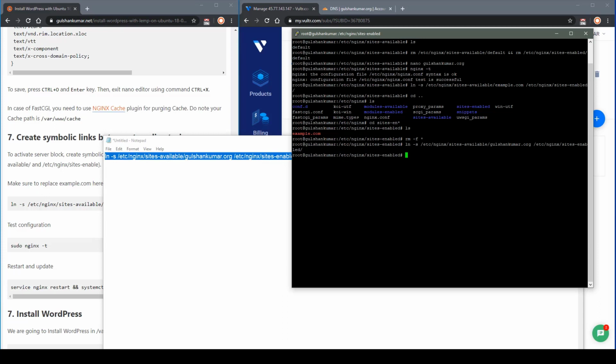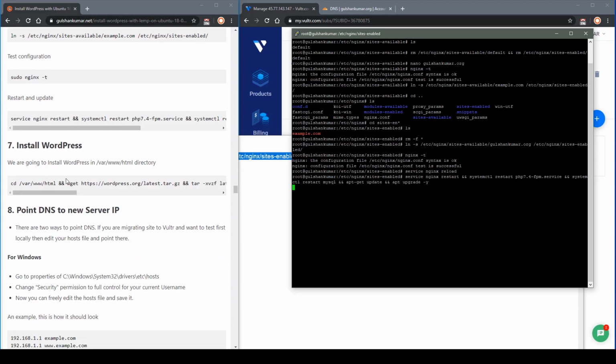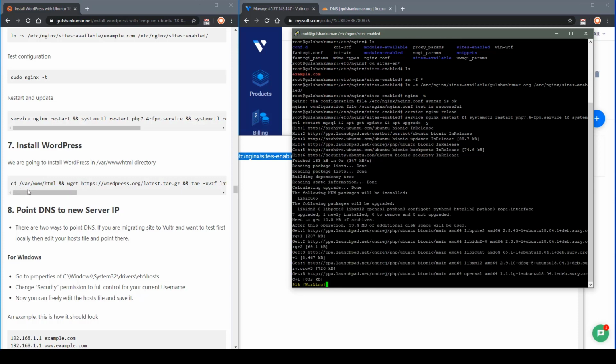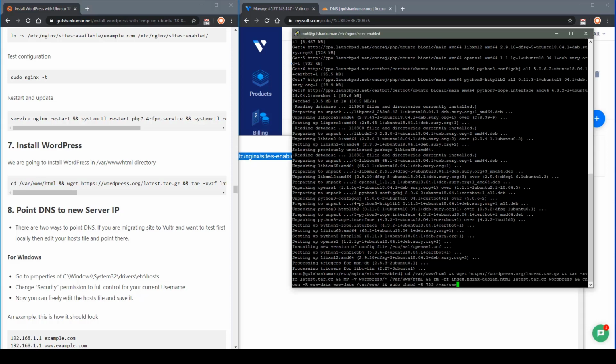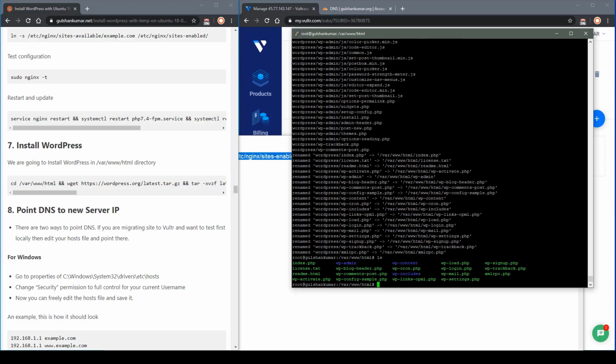Okay, now I will test the configuration file. It's successful and I can reload it, or I can restart as well. There is no problem. The next step is very simple. Just install WordPress, and you can see the command is straightforward. So this is the command. I'm just going to enter it here, and after that the WordPress files are there.